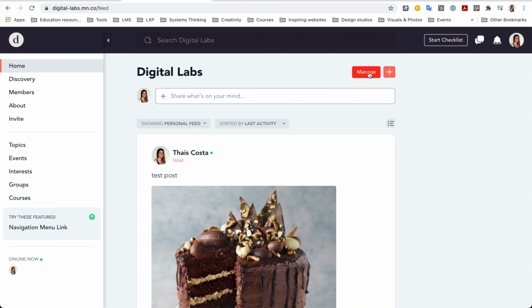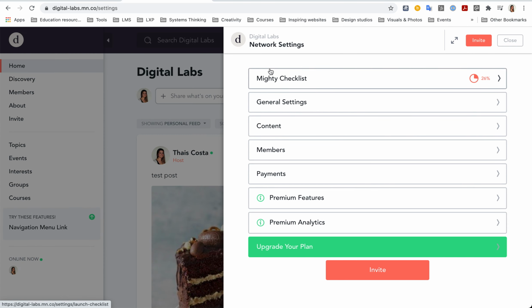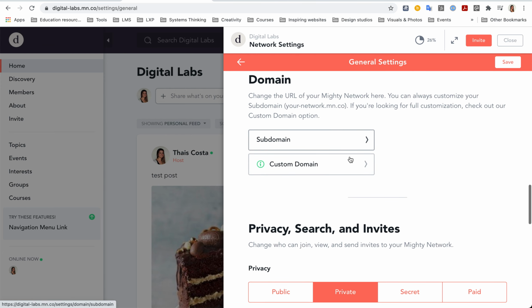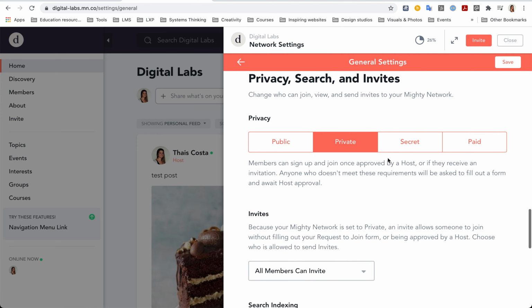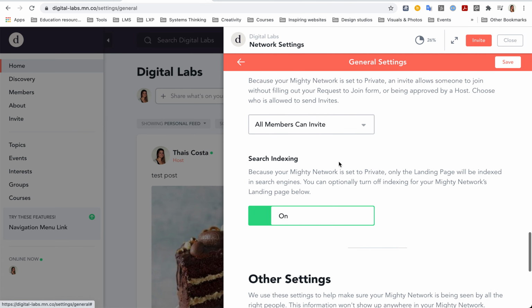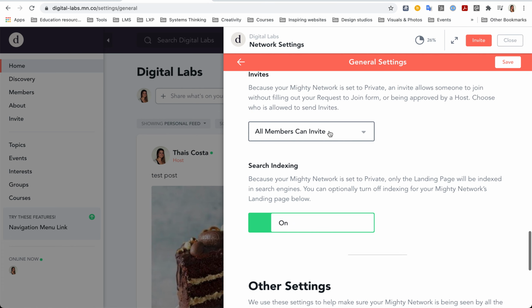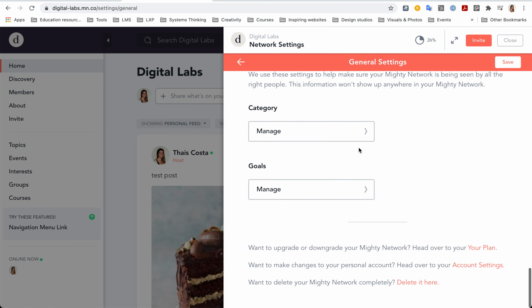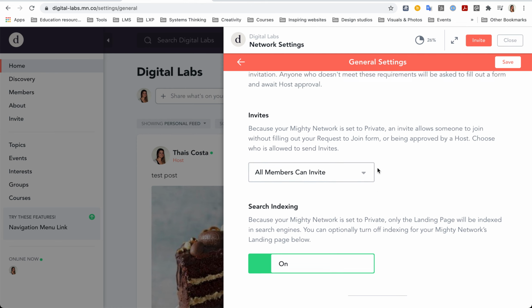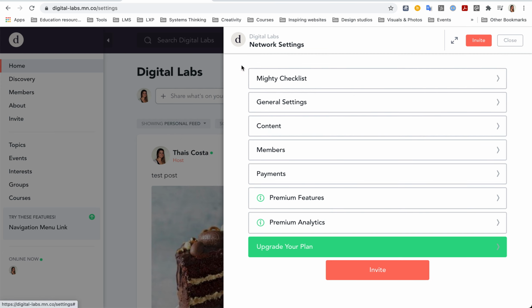Then here, we can also just manage the network itself, like general settings, like the branding you can change. You can also put a custom domain to it. You can set the privacy, if it's paid, etc., and who can invite other members. So you can also block it so only hosts and moderators can invite people to the network, etc. So there's a lot of different